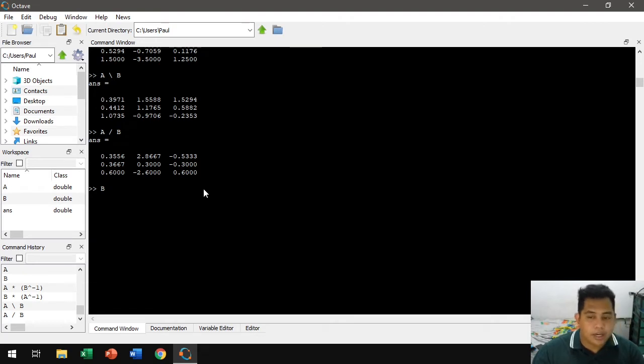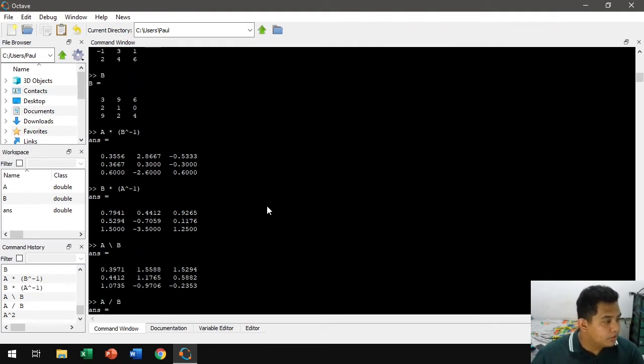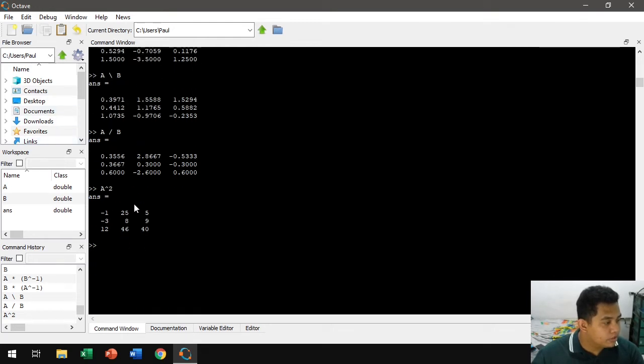For now, let's try matrix power. For A, you do it like this, A to the power of 2, or A squared. Our A is this. This is our A squared. So this is matrix A times matrix A. Then another one is the element-wise power.